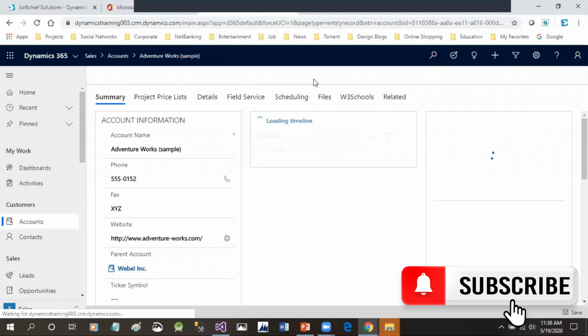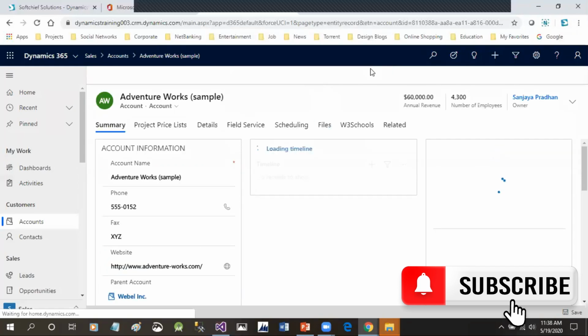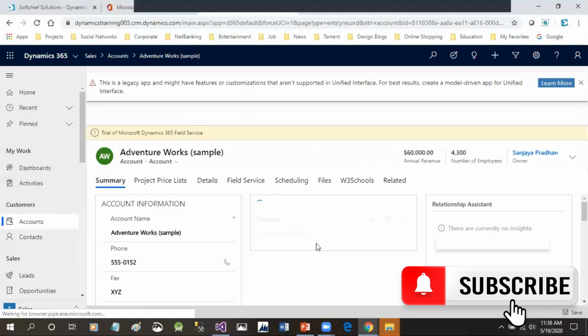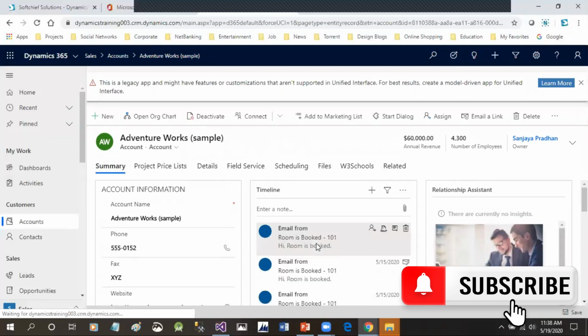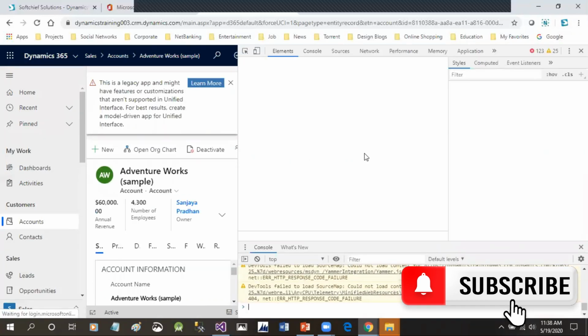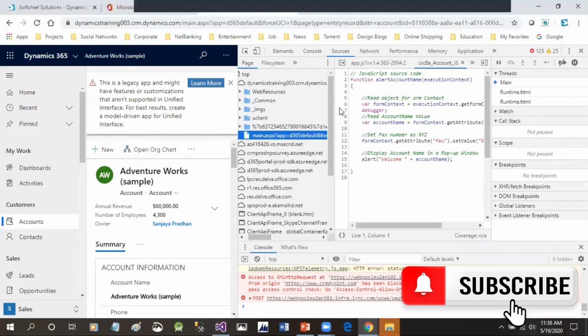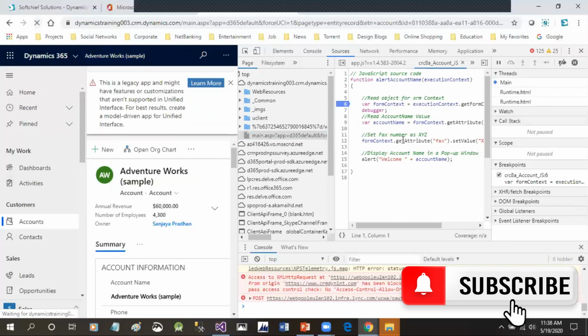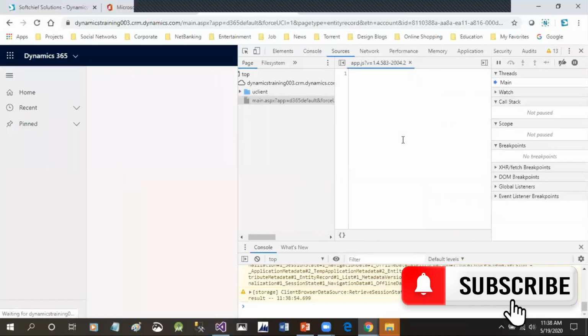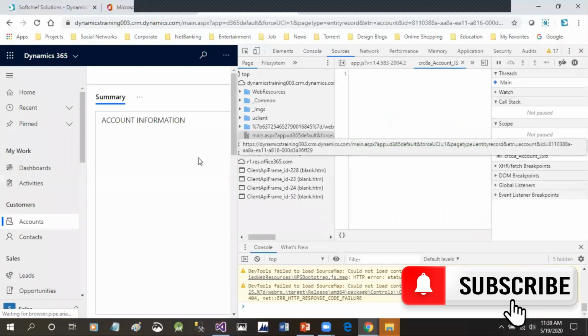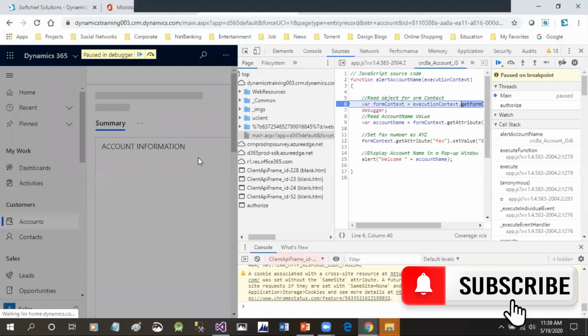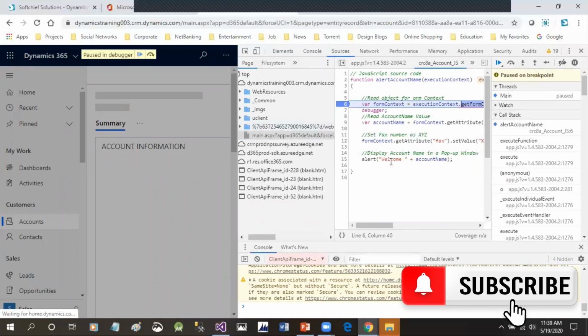To trigger the F12 debugging mode, I will click F12 again. Although the script is working fine for now, I want to go through debugging mode. So I click F12 and Control P to search my file. This is my file. I'll give a breakpoint here. Now I'll refresh. Although the script is working fine, I want to go line by line. Yes, now it is loaded and paused for me. Now I will press F10 to see if it moves to any system script due to some error.